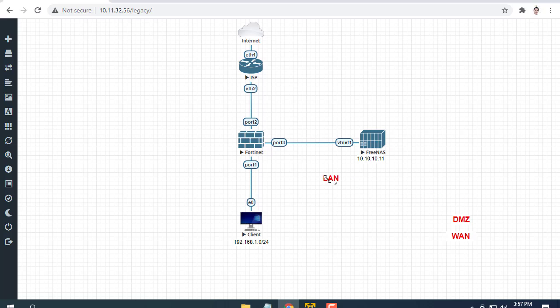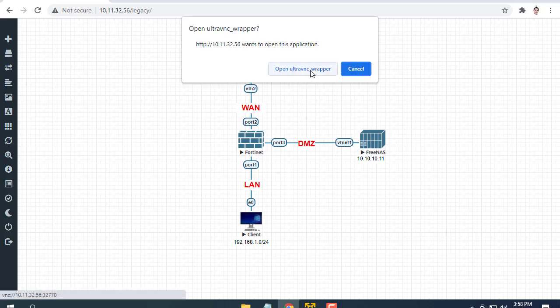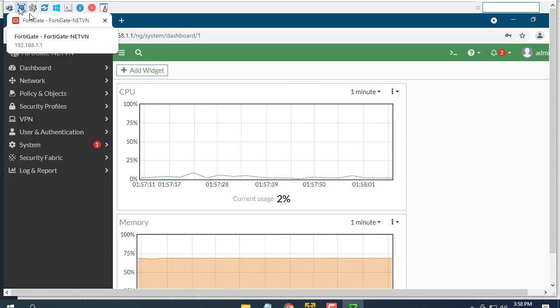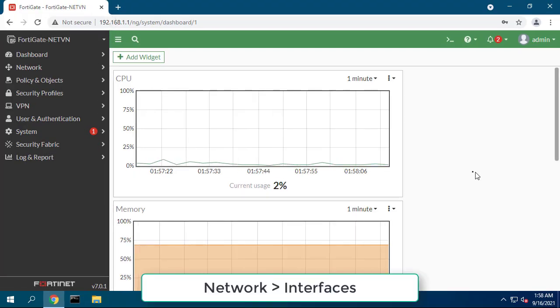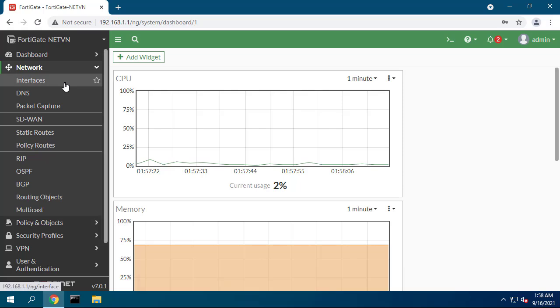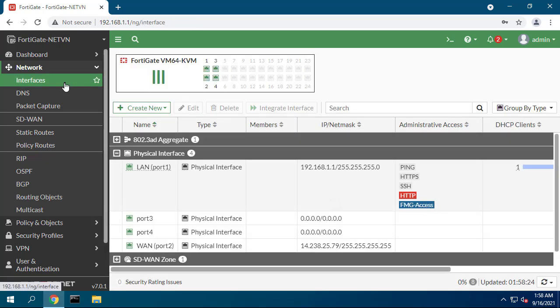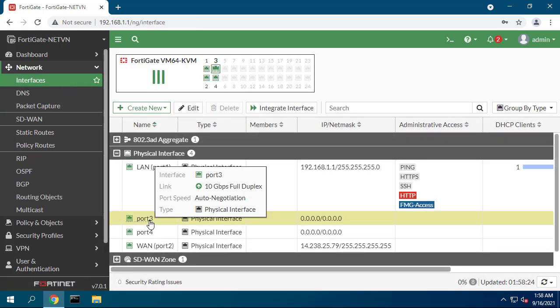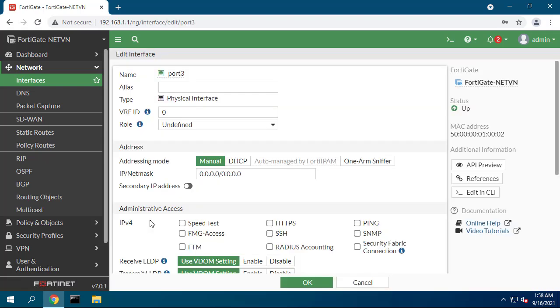In this short video, I explain how to configure basic security on FortiGate firewall. Your network is divided into three roles, which are WAN, LAN, and DMZ. We have an example with a network with a file server. In this recipe, you will protect a file server by connecting it to your FortiGate DMZ network. In addition to protecting the file server, the DMZ also protects the rest of the network.